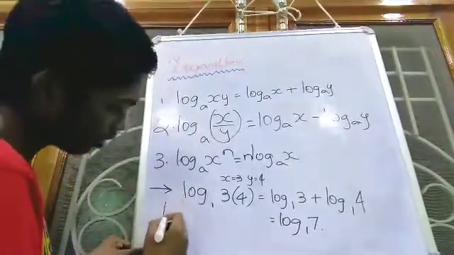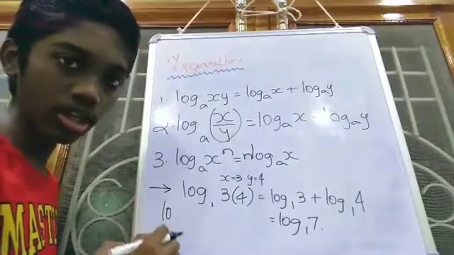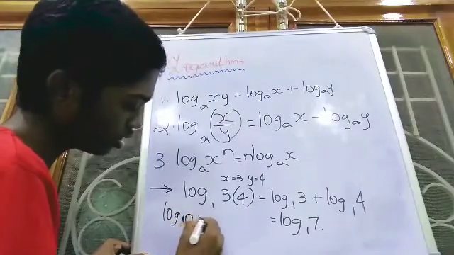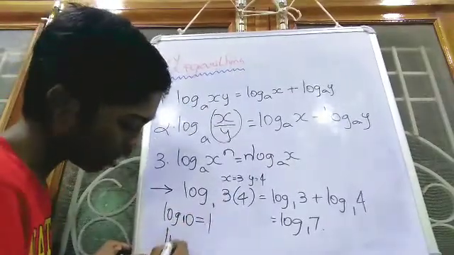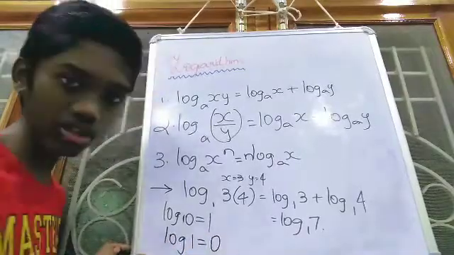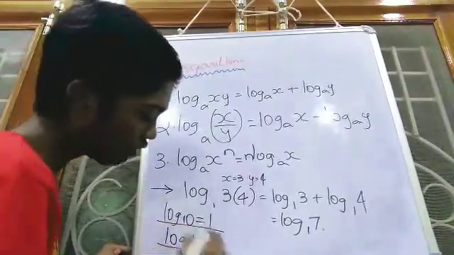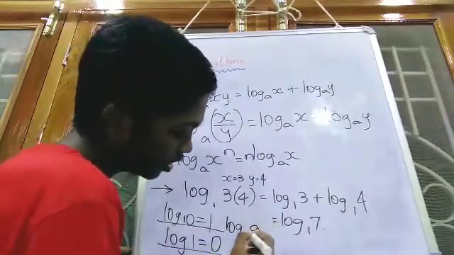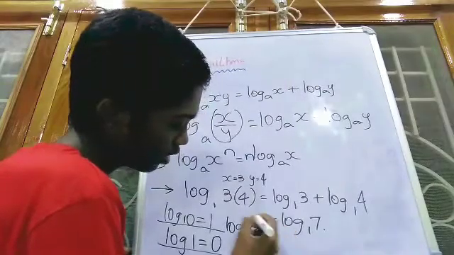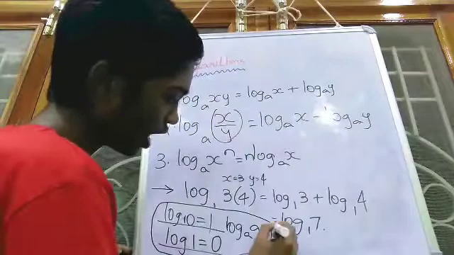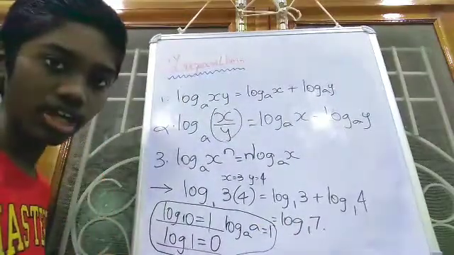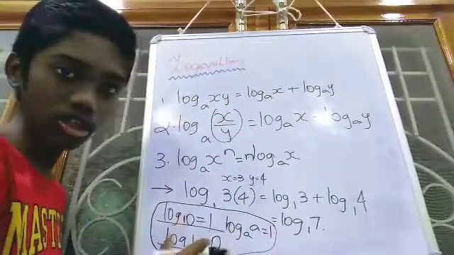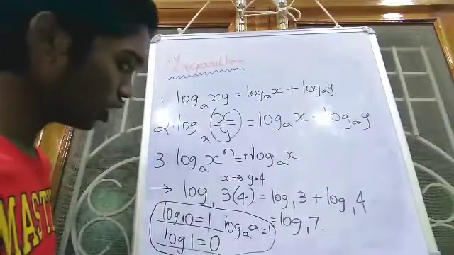And one more thing, it is not an identity but you have to remember it, it will be helpful while solving the problems. Log 10 is always equal to 1 and log 1 is always equal to 0. Log 10 will be equal to 1, log 1 will be equal to 0, and I said before, log a to the base a will always be equal to 1. These are some of the short forms of the identities that you have to remember, which will be very helpful while solving the problems. These three are the main identities, and these are some short forms of identities which you need to remember.